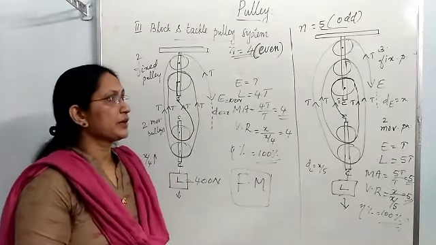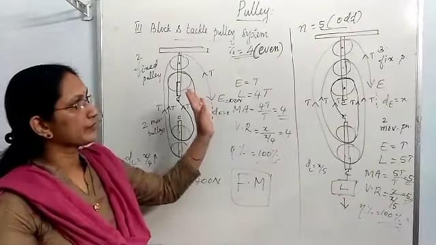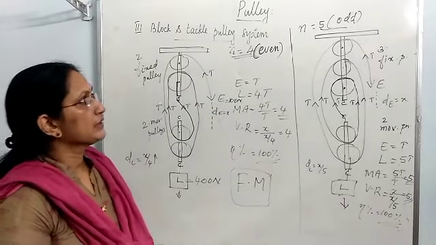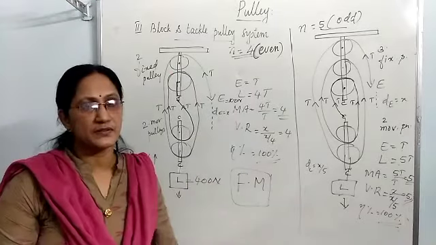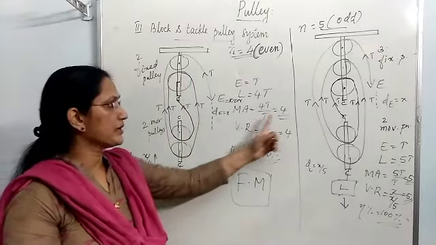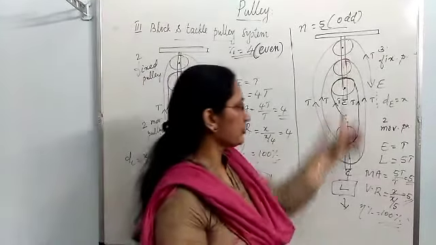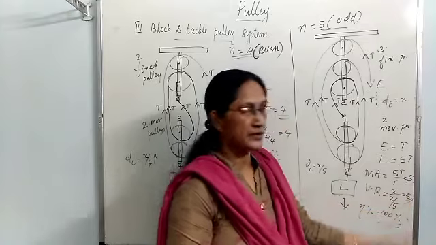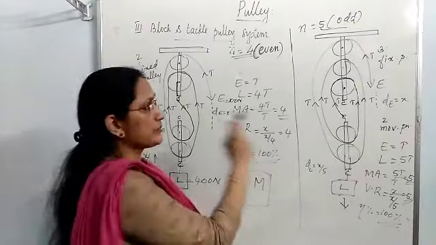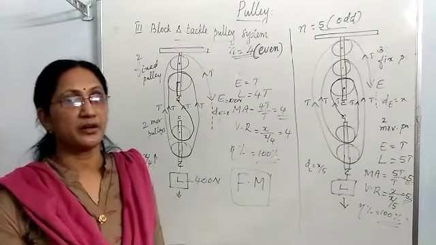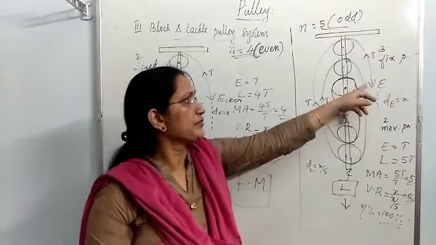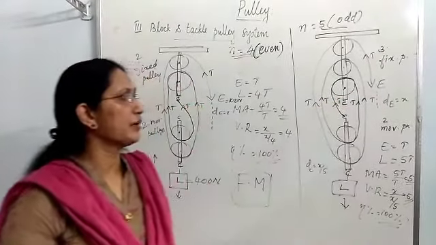So this is the way to calculate MA and VR of block and tackle pulley system. Then remember, in block and tackle pulley system, how many pulleys are there? That same number will be its MA and VR. Here 5 pulleys are there, MA is 5, VR is 5. Actually these derivations are not included in your syllabus, but the diagram is very important. In the diagram, again I remind you that direction of the load, you must mark downward, effort downward, and tension in the upward direction.